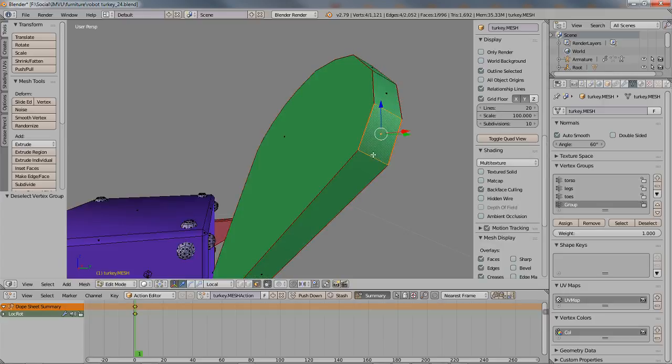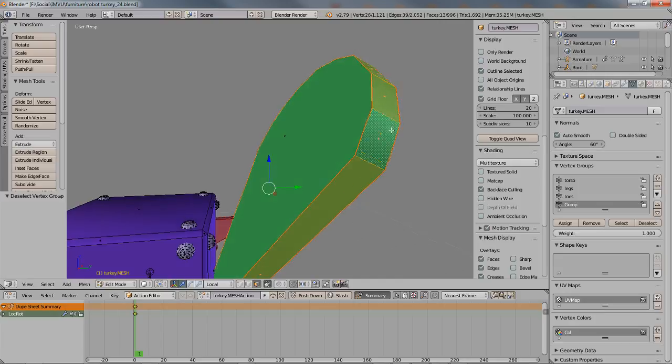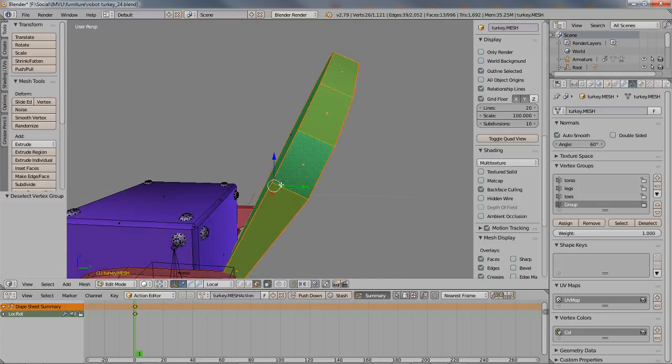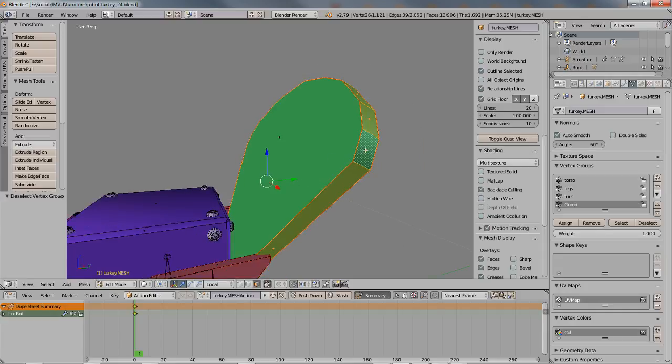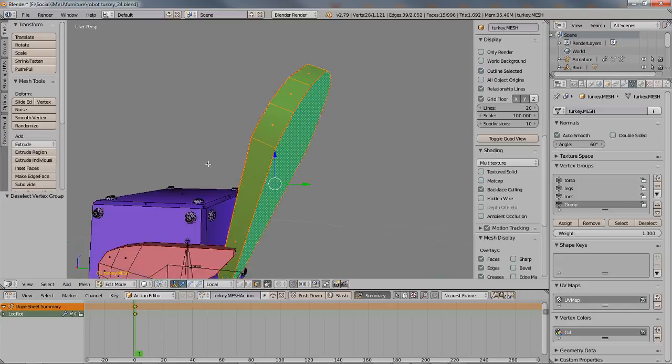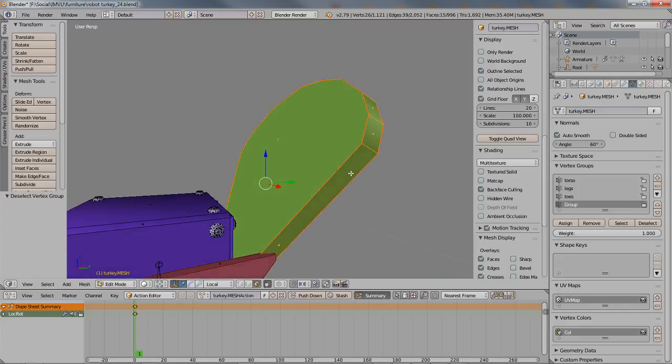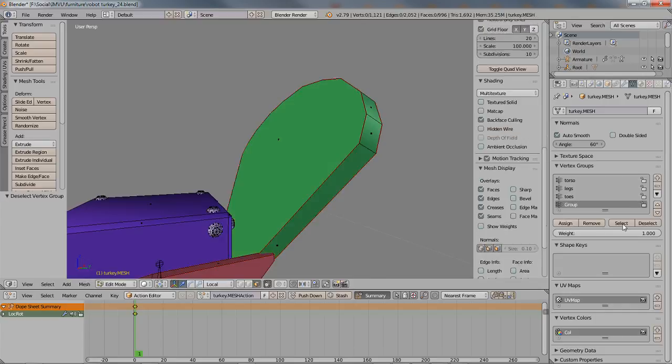So right click selects individual faces, shift right click multiple faces, and then alt right click will select a loop or an edge loop, whether that's faces, vertices or edges. So then you can shift right click, add other faces to that selection, and then we want to assign, double check,